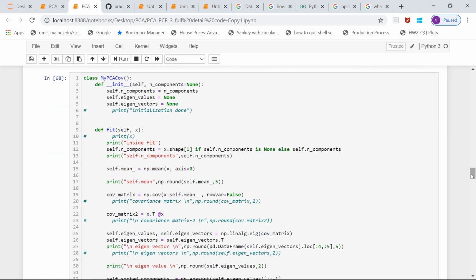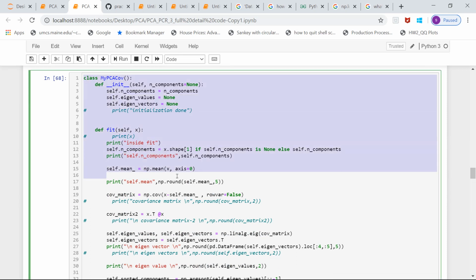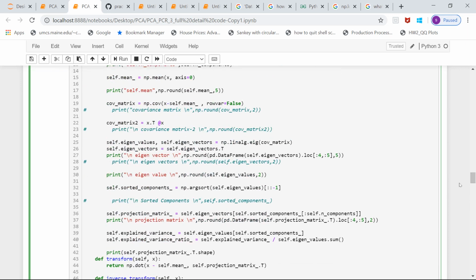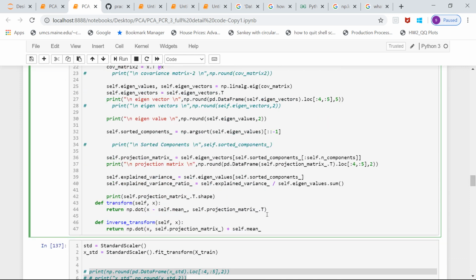Now we'll do the PCA. This is the same block of code that we used in the second video, where we are sending the dataset, calculating the mean, subtracting the mean from the data variables, then calculating the covariance matrix, getting the eigenvalues and eigenvectors, then applying transformation to get the projected matrix. This projected matrix will have 23 columns for all the 23 attributes. Each column will be called a principal component, and the first principal component will have the largest eigenvalue or lambda.